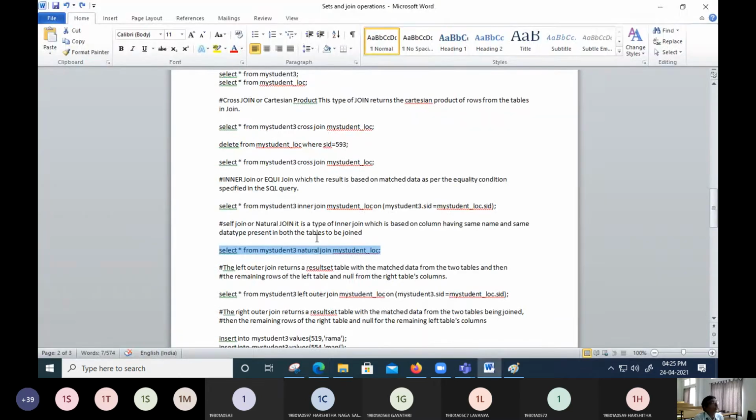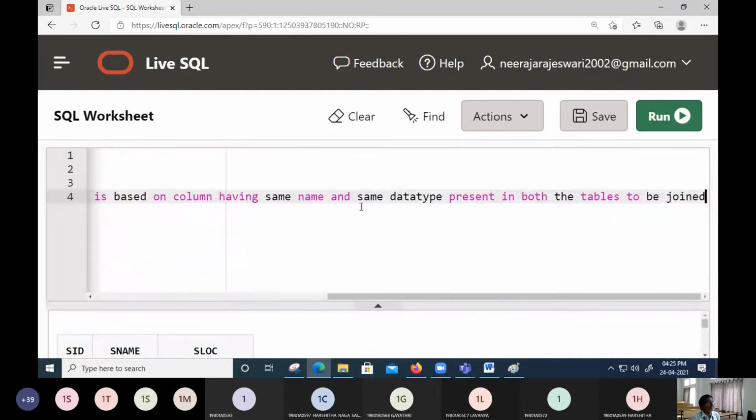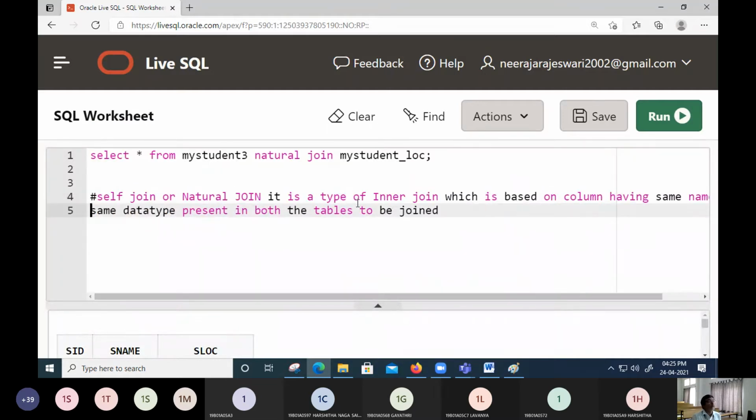So what is self join? The definition you can see here. When it is a self join, or it is called a natural join, it is a type of inner join, and it is based on columns having the same name and same data type being joined.